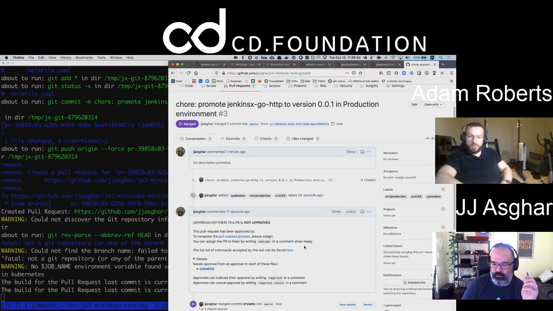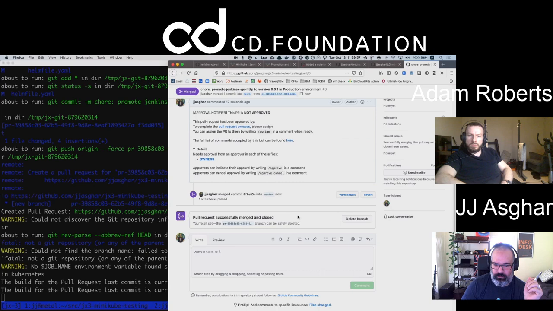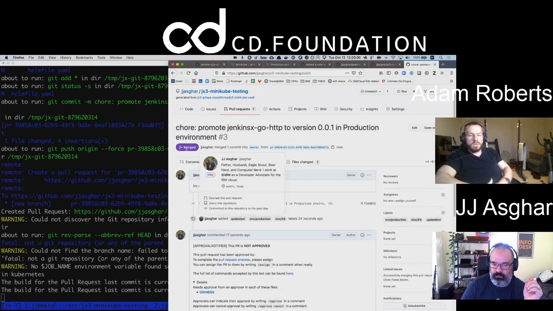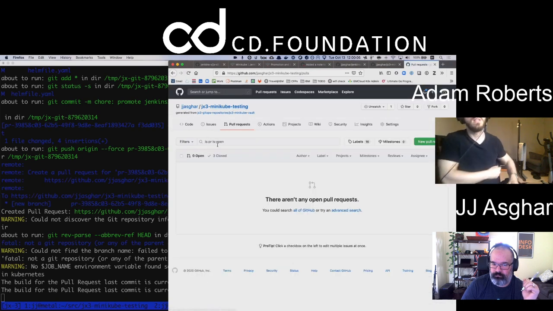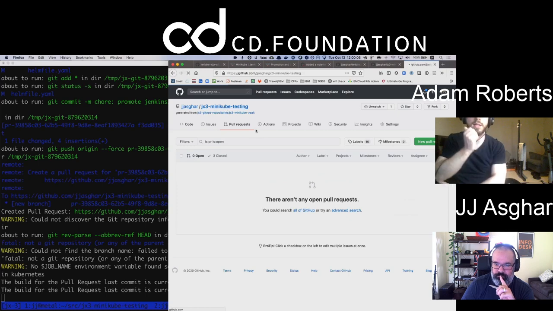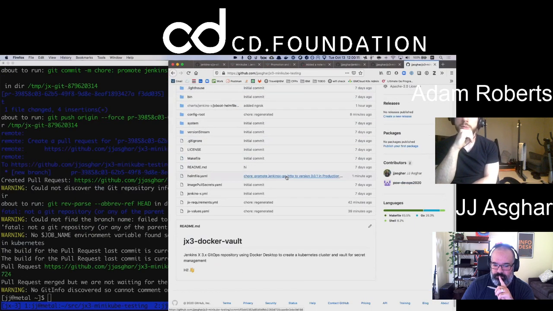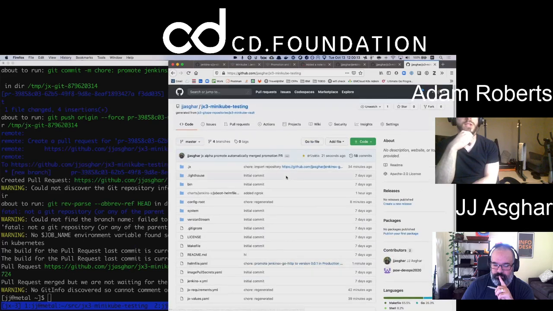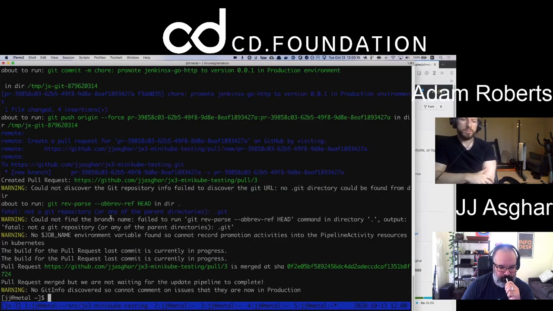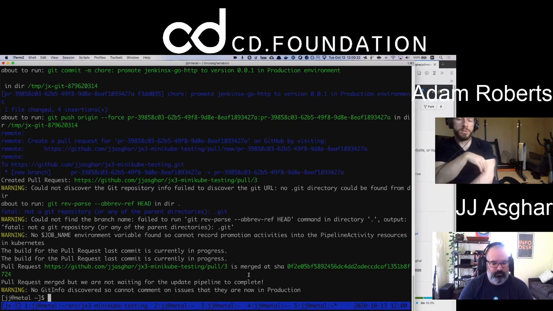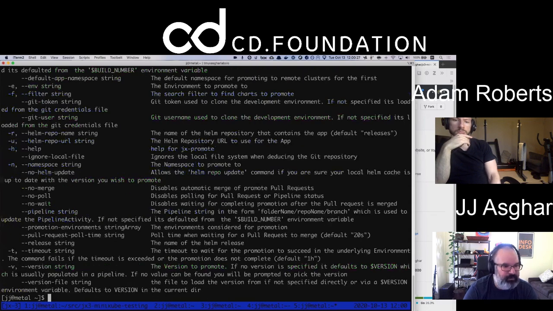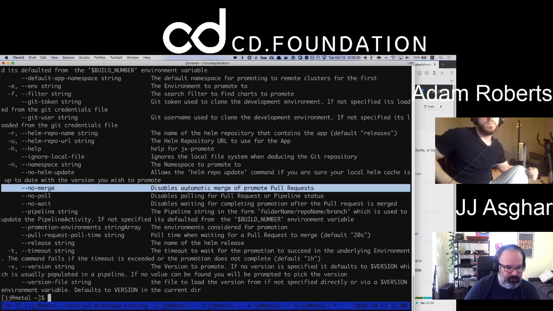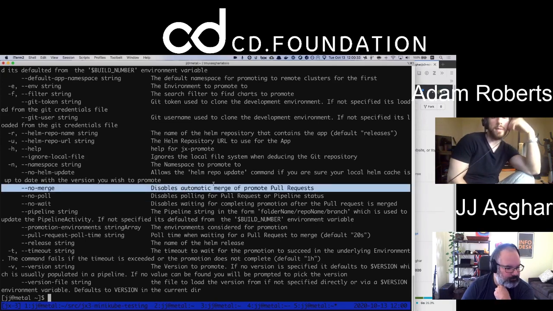Oh, wow! No, it just immediately merged it for me. Maybe by default, the promote command has a flag that we've not used, and that flag might be require approval, something like that. So that's promoted into production already. Where's your preview? Yeah, it doesn't look like there's one. Okay, so have you got a pod in jx-production? Hang on one second. But to your point, is there a disable? There we go. No merge. Disable automatic.